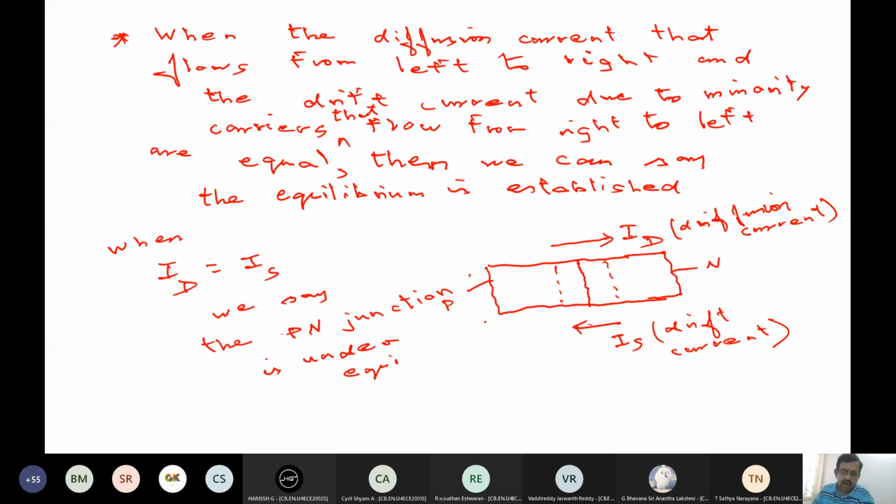And I already told you the contact potential that is taken with the metal layer on the p-type and n-type, the contact potential exactly counters and balances the built-in potential. Therefore there won't be any voltage appearing with a voltmeter or any measuring device. So built-in potential cannot be experimentally measured. The PN junction is under equilibrium. So that is the point.